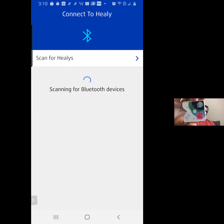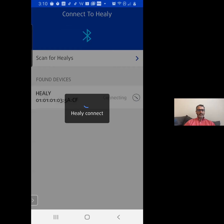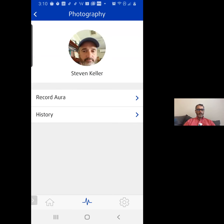Sometimes it's a bit finicky. Come on. There we go. Now that number right there matches the serial number on this, so I know which one to connect to. All right. So we're connecting to this app, and it's